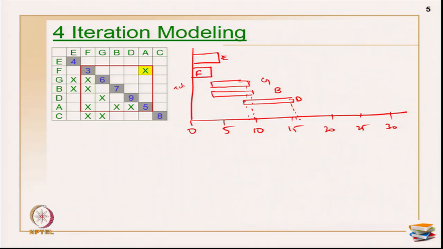Okay. Now, what about activity A? Activity A needs input till D. So, I have to start after activity D, and this is 16 plus 5 will be somewhere close to 21. Okay. So, now activity C can start anywhere before that. It is primarily supposed to start after G. Okay. After activity F and G are done, I can start my activity C. But what about the iterations?